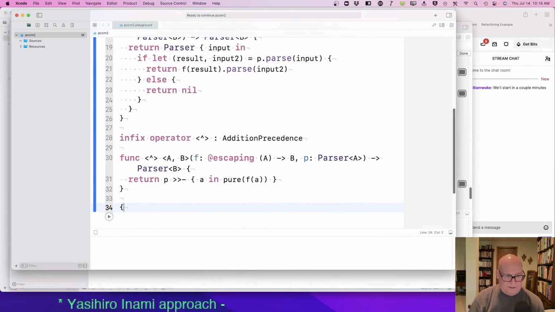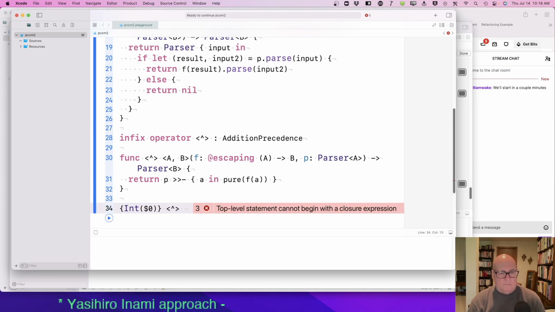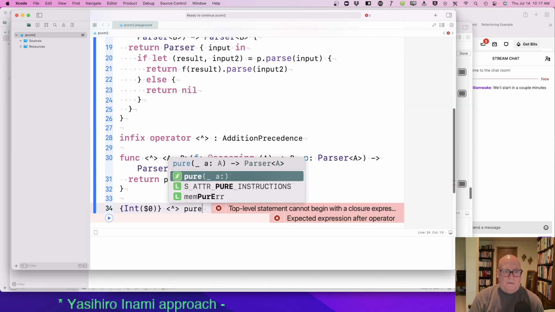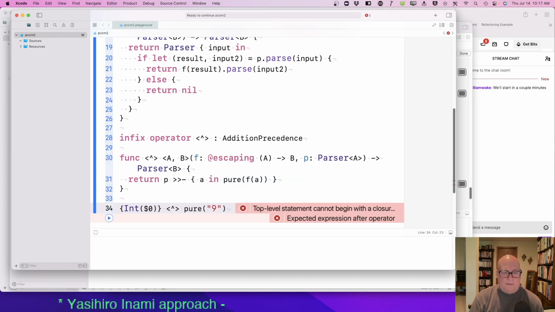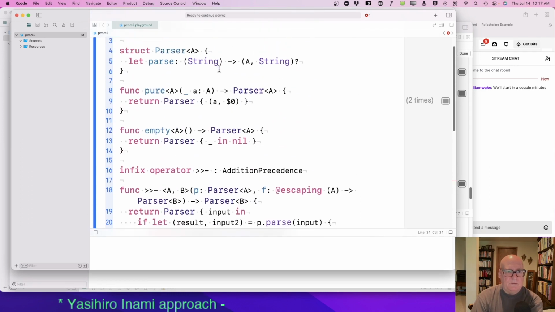Okay, a function int of $0. And a parser A, pure 9, is pure, returns me a parser.